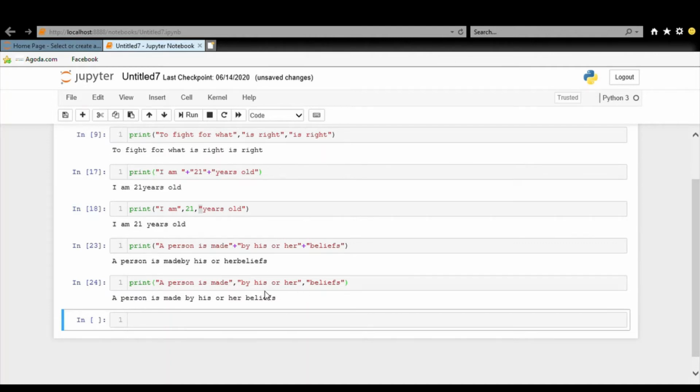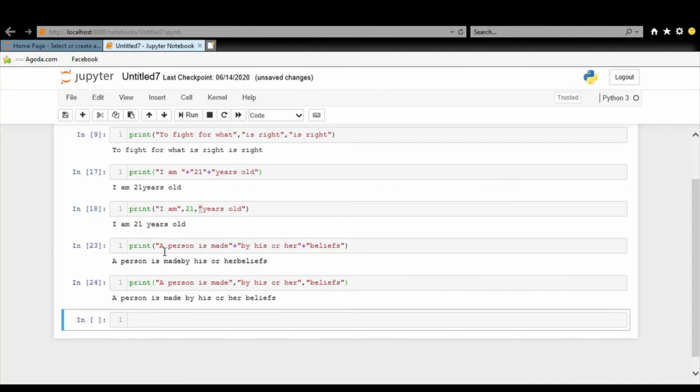You will be noticing that the output that we got using the comma operator is a little different from our previous output. So when we are using the comma operator, an additional space is being created at the end of each string, but this is not the case when you are using the addition operator.